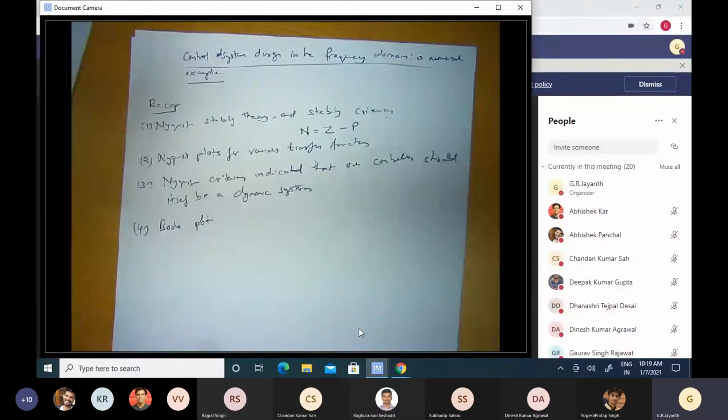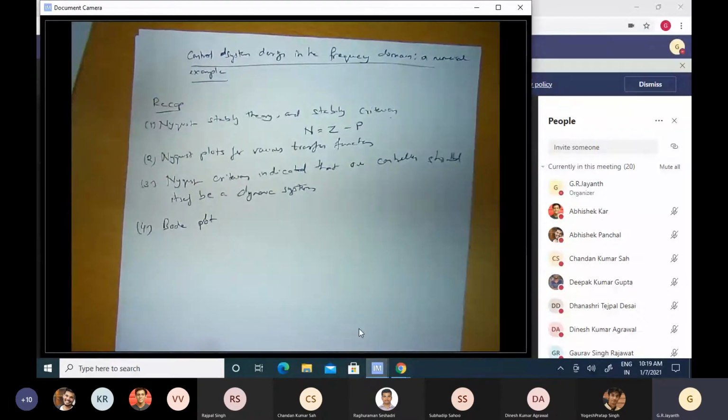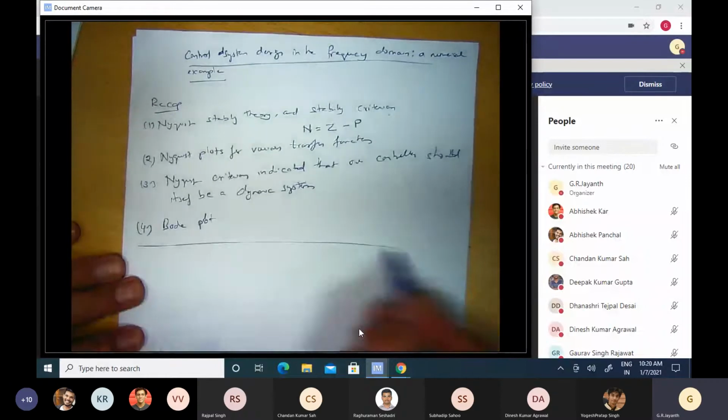That question will not get answered if they are introduced in the wrong sequence. So the right sequence is to notice that Nyquist plots are the final court of appeal to determine the stability of a feedback system. And Bode plots are design tools which make it easy for us to execute the design. So with that, let us get started with today's lecture.